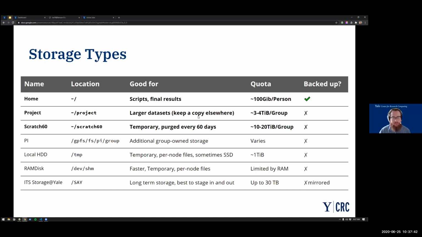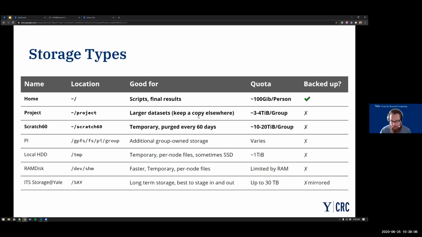But the project directory quotas are usually somewhere between 3 and 4 terabytes, depending on the cluster. And this is a good place for relatively large but lab-specific data sets that you're actively working on.